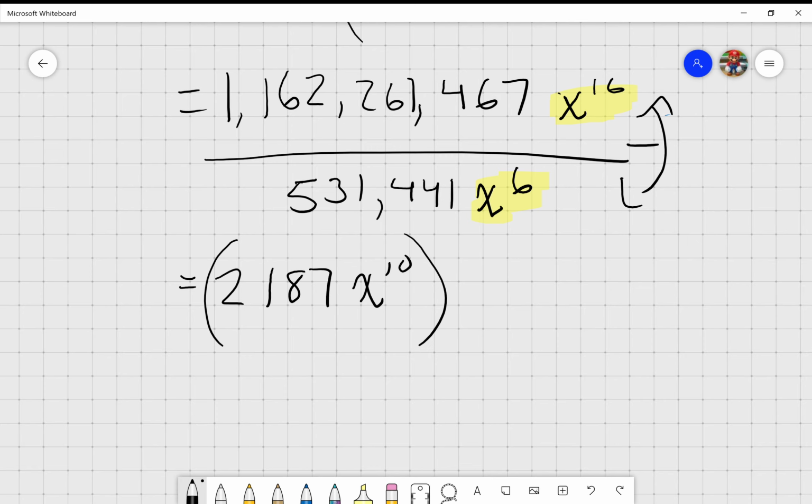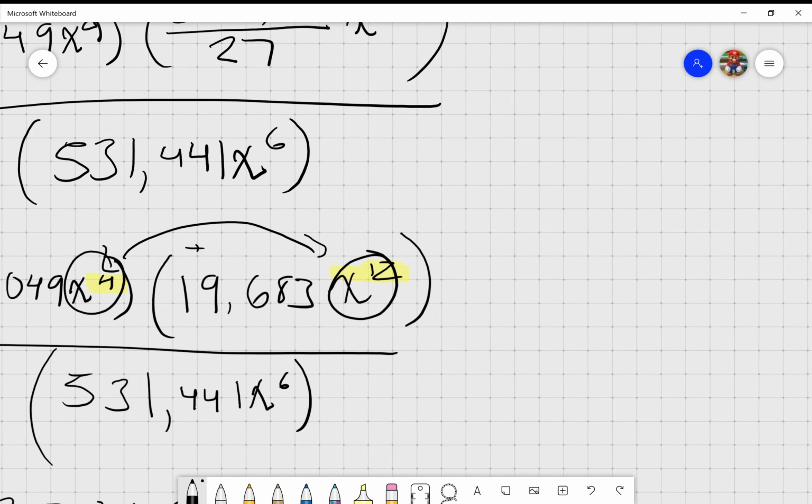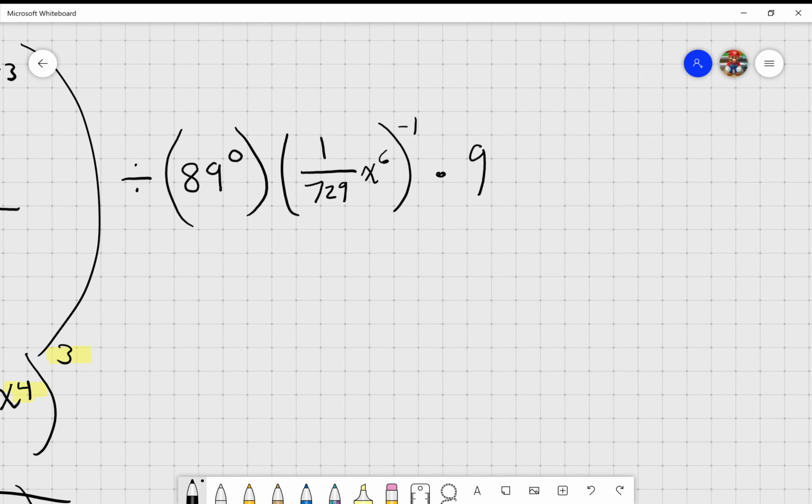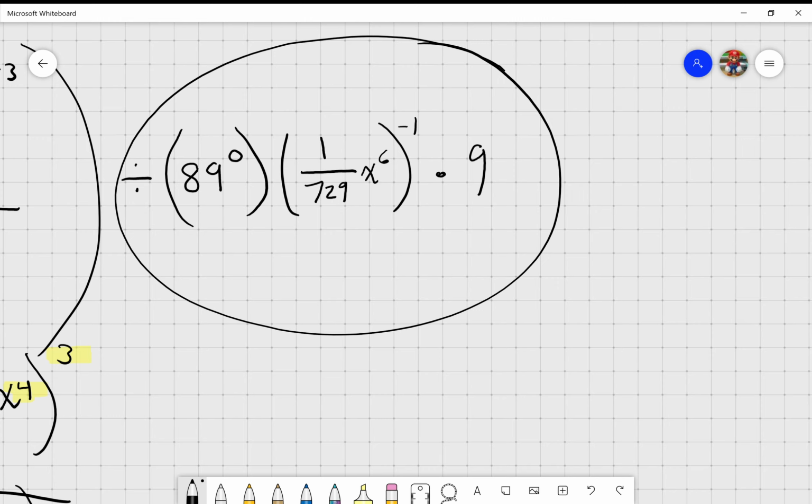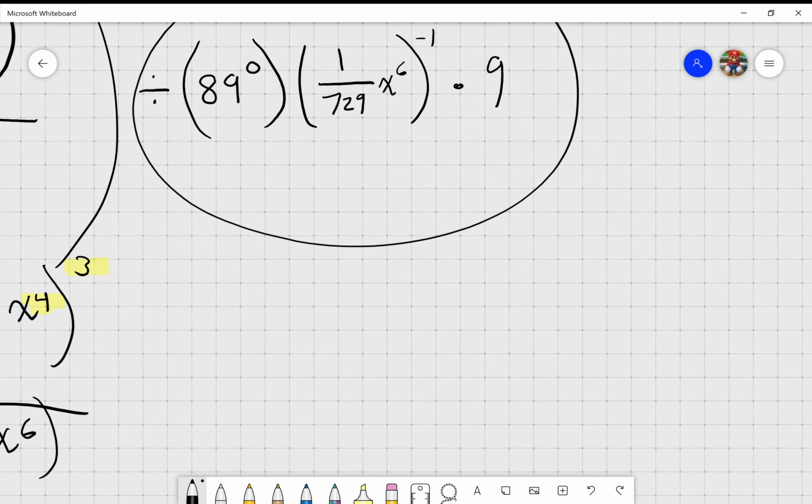But we're not done yet. We still have a whole other equation to solve. So we are going to solve this, and once we do, we are going to divide what we got previously by this. So let's just do this here separately. As we have discussed previously, anything to the power of 0 is going to equal 1. I also just realized that we do not need the 9 here. Let's ignore that. And then we multiply